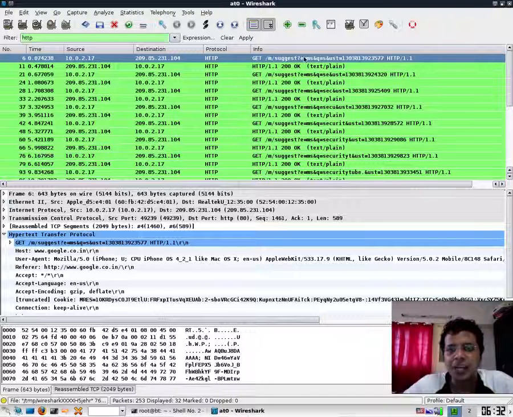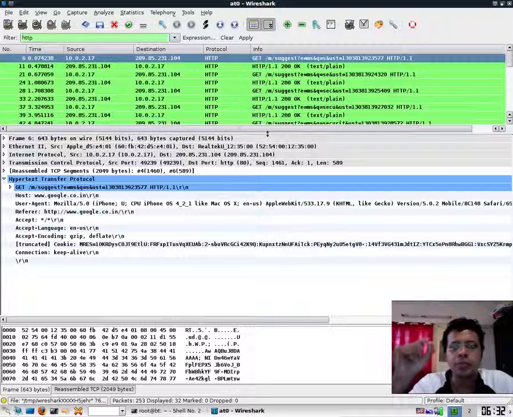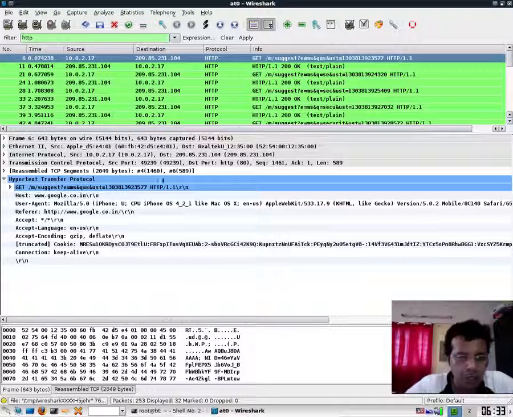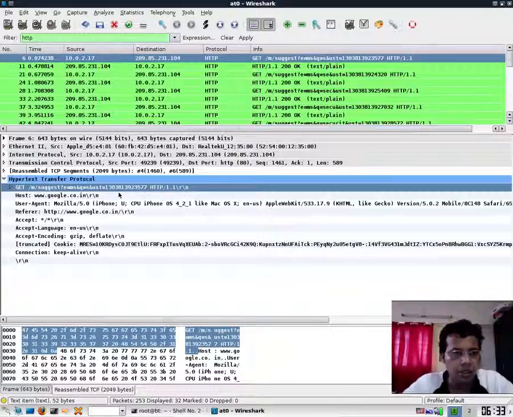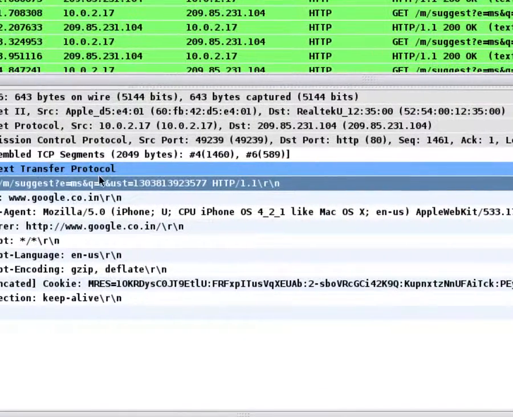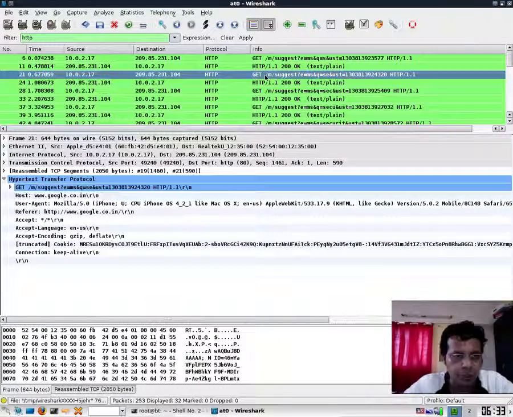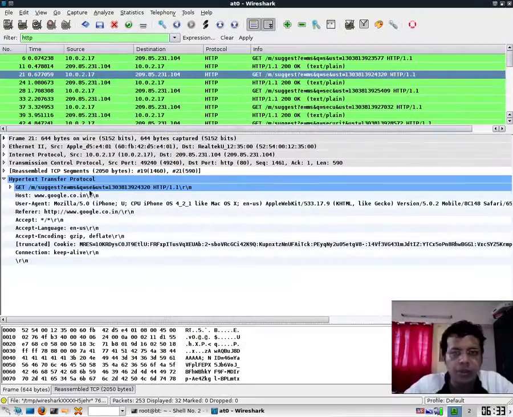If you notice, Google has this Google Suggest Ajax based application which sends every keystroke the moment you type it into the form, and it gets a response with suggested possibilities to show to the user. So as an example, if you very closely look at this string, I can go here, Q is equal to S. This is the first letter we typed in. Now if I go to the next request, you will actually find that this has been modified to SE, and